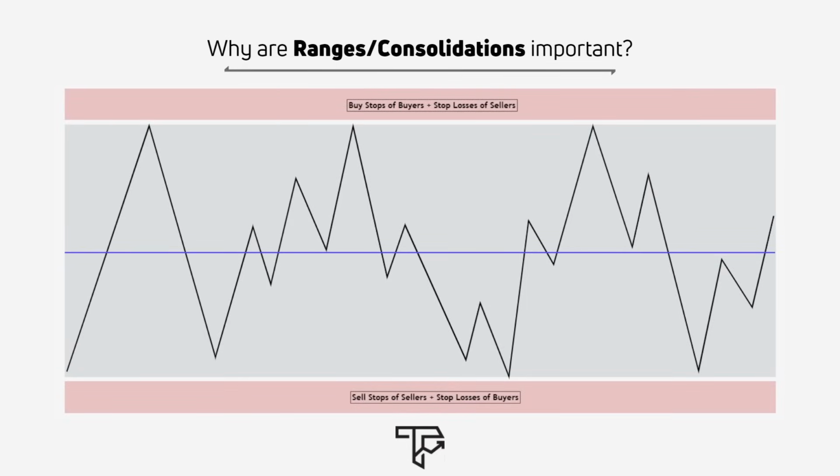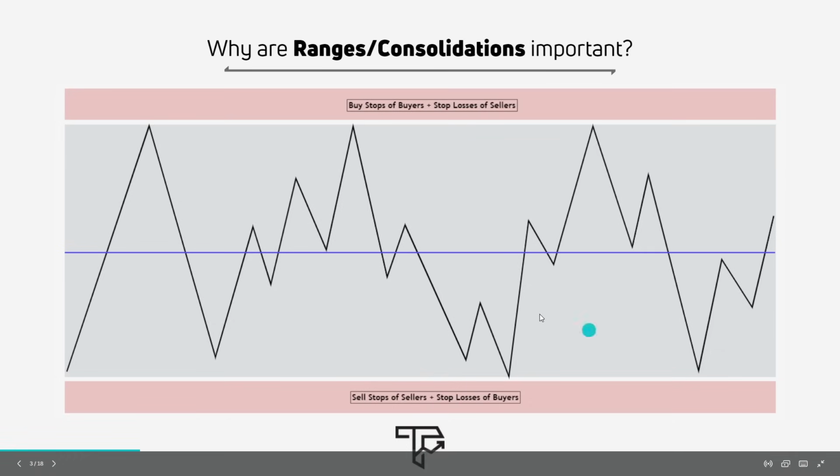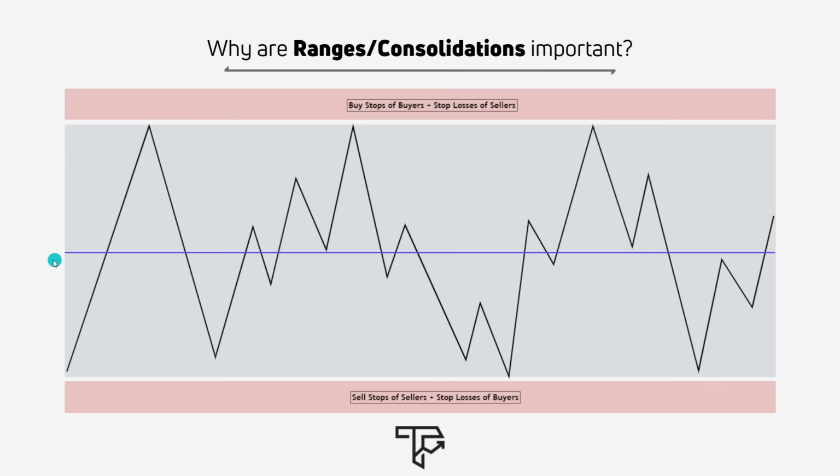Okay, so I have drawn a pretty basic range right there. And again, it's not really perfect. Usually in a range, you're not going to have a textbook up, down, up, down, up, down. Right? You're going to have different interactions in between, and usually there is a middle line of the range in which you do not want to trade. Okay, you would like to trade from the top or from the bottom. But right now, we're not here to teach how to trade ranges,